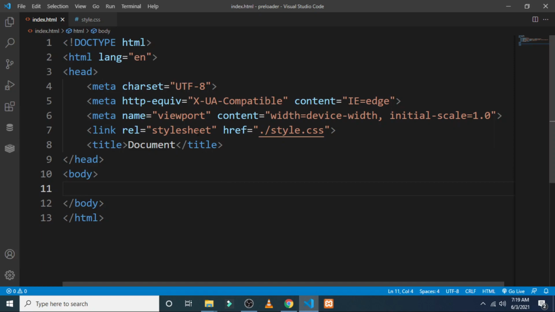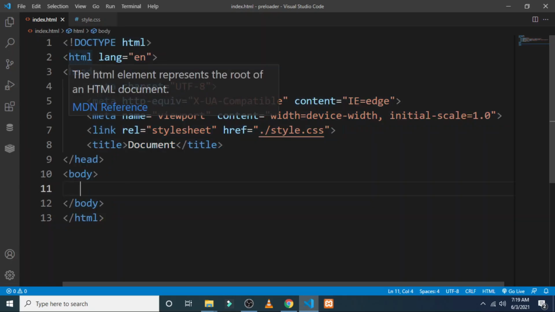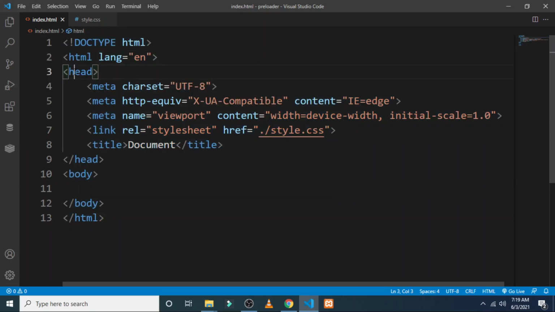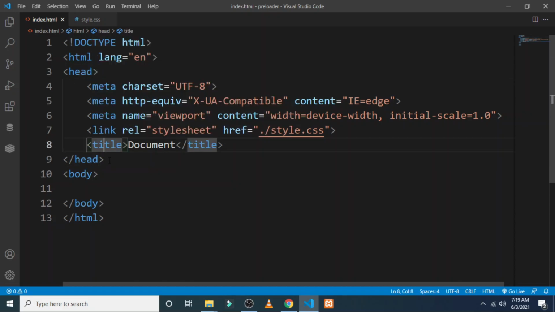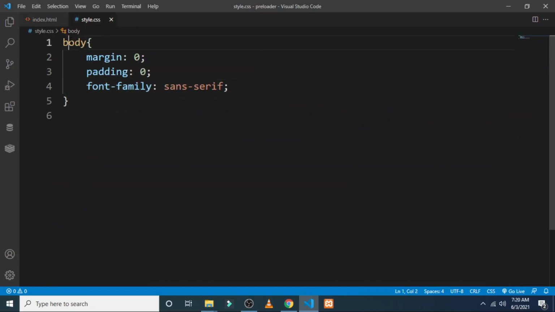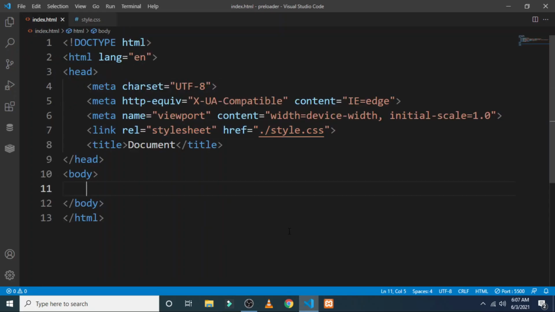Here I have written the basic markup syntax in my index.html, where I have used the HTML tag and the head tag, and inside the head tag I have given the title to my web page and linked my CSS file. In the style.css, in the body section I have set margin to 0, padding to 0, and font family to sans-serif. Coming back to the index.html, in the body section you have to create